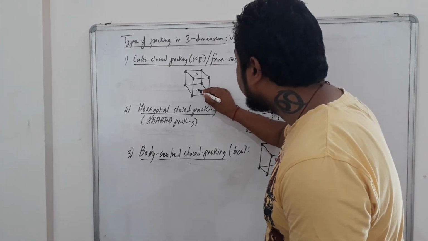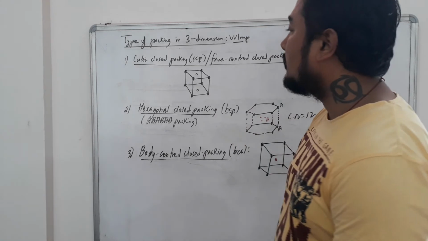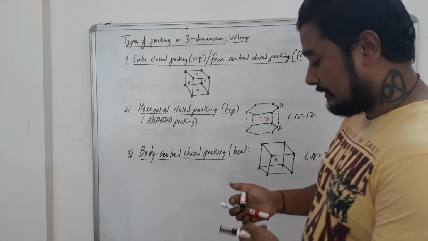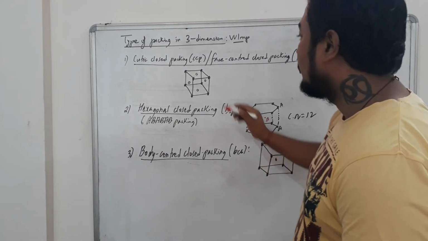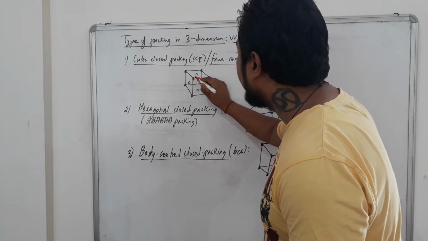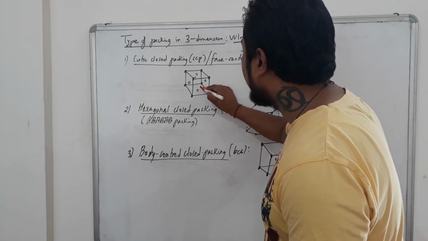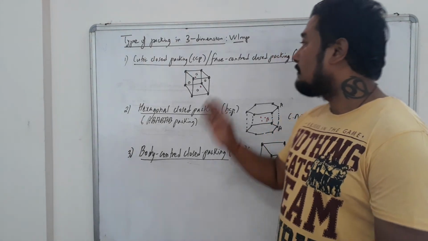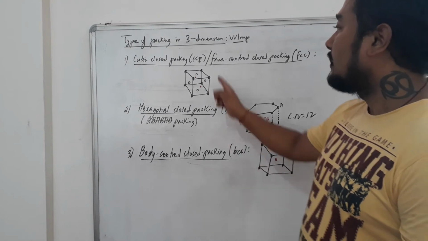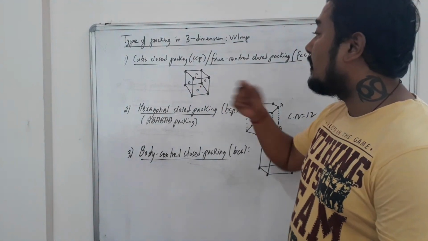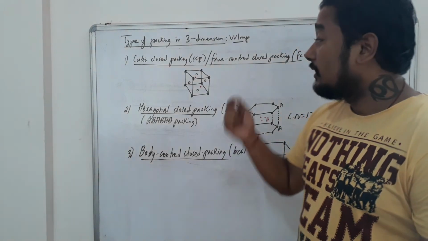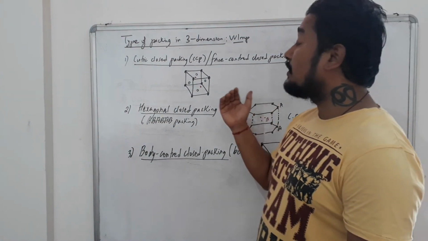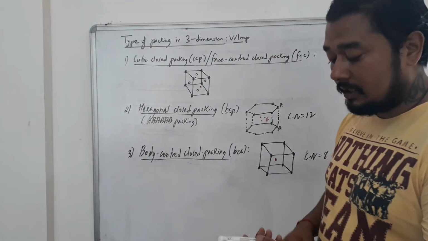One is below. This is the center of the upper face, center of the down face, center of the right face, center of the left face. These are all the same particles, okay? Now one is present at the center of the back face, one is present at the center of the front face. I would have represented all of them with the same color, students, but to make you understand, I made it with different colors. The particles at the corners are the black shaded ones. The particle at the top, bottom, left, right center, I have represented by simply a circle. And the particle at the back and front, I have represented by a red color.